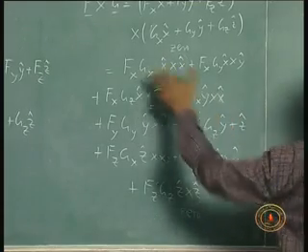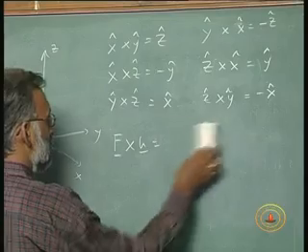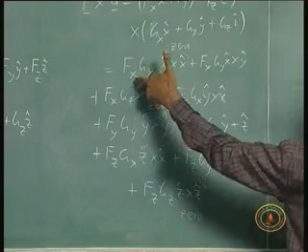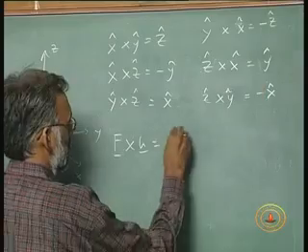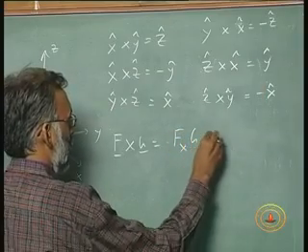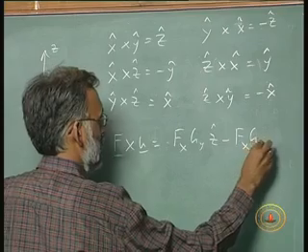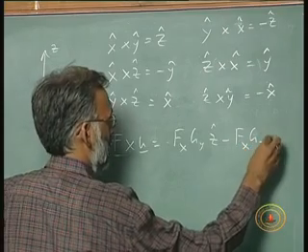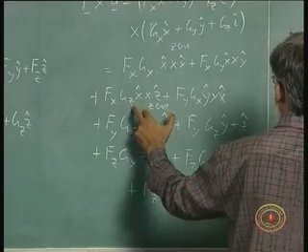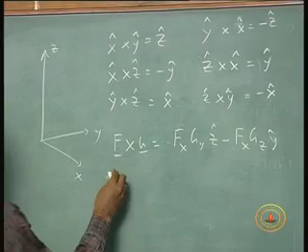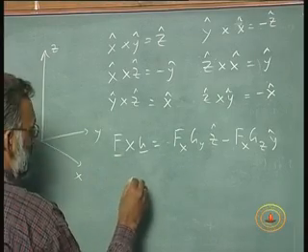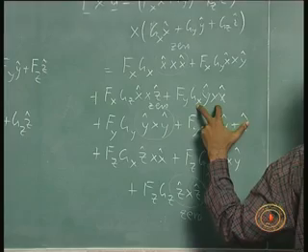I am sorry, I started with the wrong term. Fx gx goes away, fx gy along z minus fx gz along the y hat direction, then fy gx, y cross x is minus z